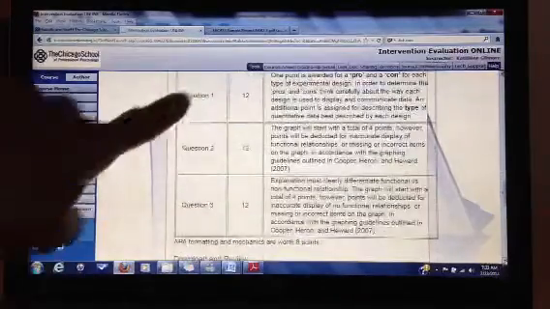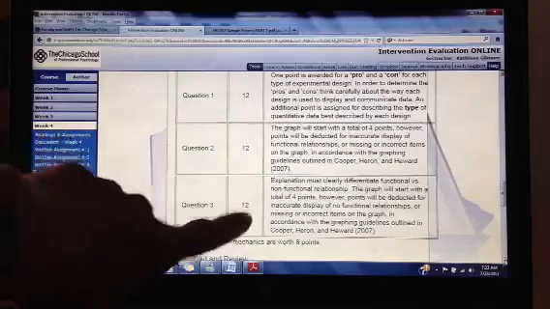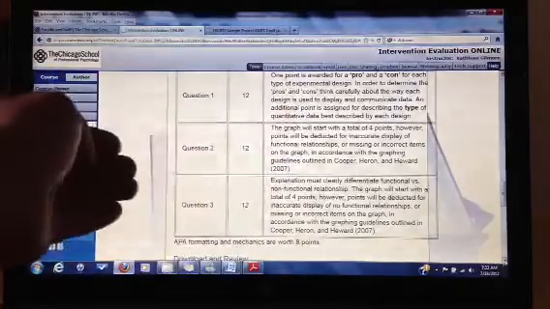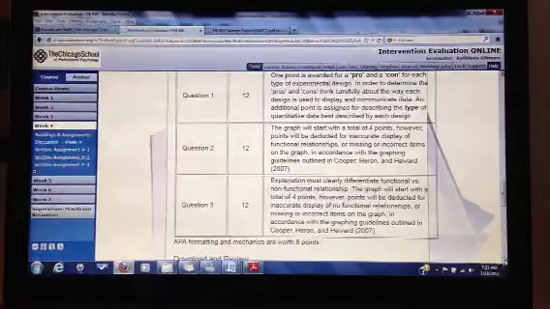and you'll see that there's 12 points for each one. Each actually starts with 3 points because there's 4 different graphs. And then there's the APA and mechanics are worth some points down here. There is